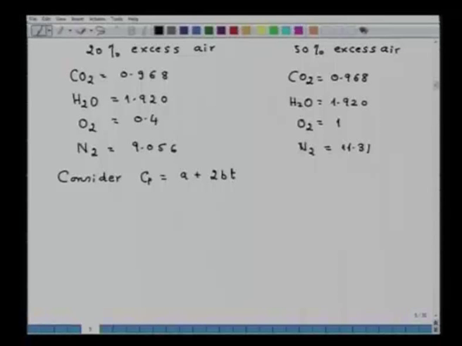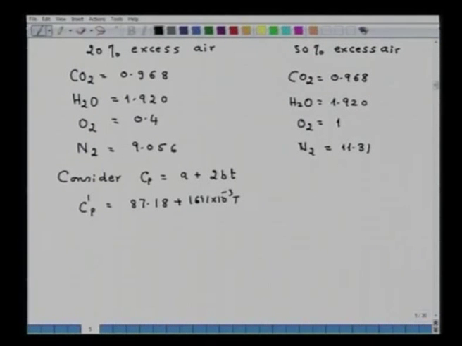Again I have to calculate the heat capacity of the mixture of the products of combustion. So, in this case, C dash P is equal to 87.18 plus 16.11 into 10 to the power minus 3 t,